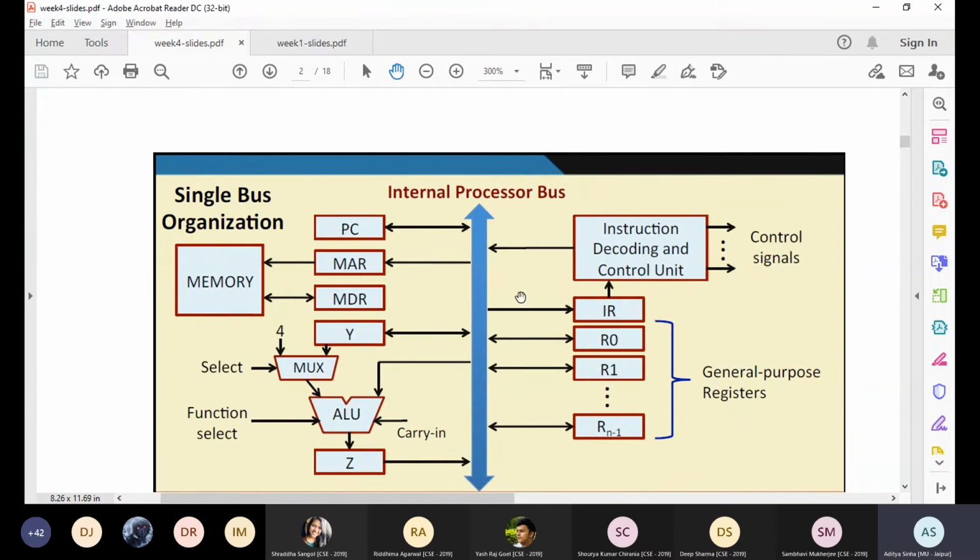There can never be an instruction such as add R1 comma Y, or an instruction such as add Z comma LOCA, or an instruction such as add Y comma Z, because these temporary registers are used by the processor for storing intermediate values. So can anybody tell me what can be an intermediate value, an intermediate result which the processor has to store? Can you guys guess? The addition result.